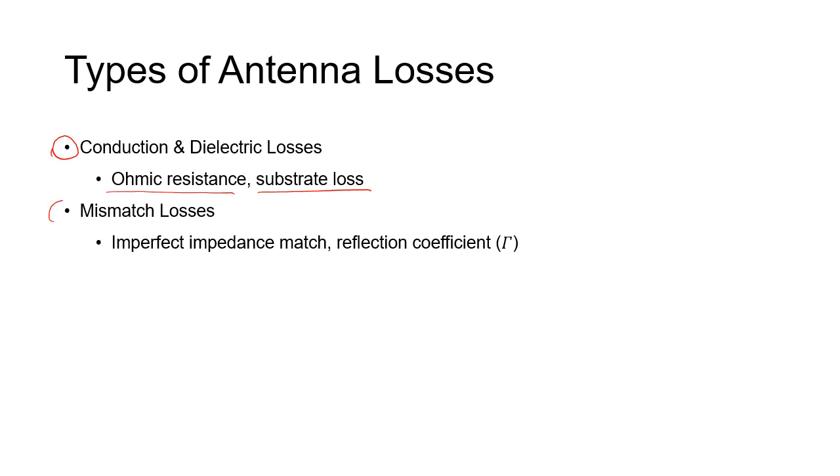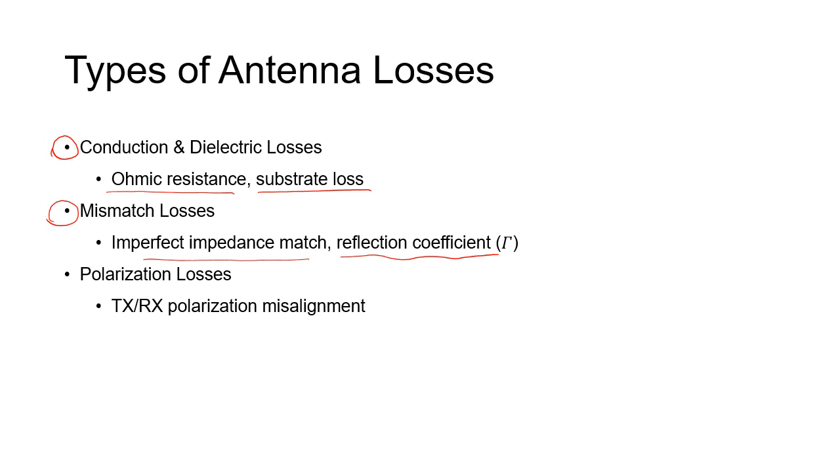The second type is mismatch loss. If there is imperfect matching between the source and antenna impedances, this will cause what's called a reflection coefficient, which is also translated as a loss. We have also what's called the polarization loss. This happens due to polarization mismatch between the transmitting and receiving antenna. We'll discuss it in detail. Finally, there are other types of losses, more specifically atmospheric attenuation, and this actually happens due